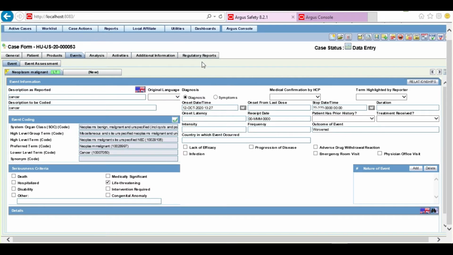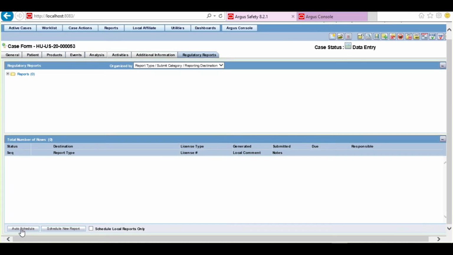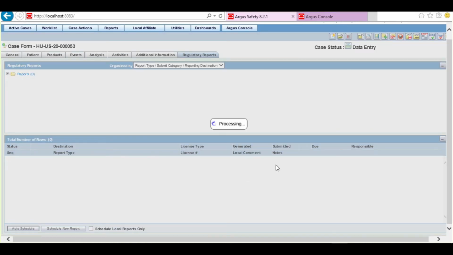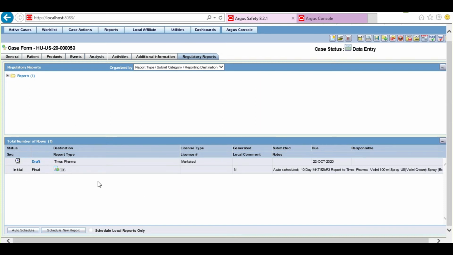Now let us navigate to the regulatory reports tab. Now let me click on this auto schedule button. You will observe that the reporting rule has been triggered and the report has been scheduled for Times Pharma as an E2B report. The reason the report has been scheduled is because the case data has matched with the reporting rule.